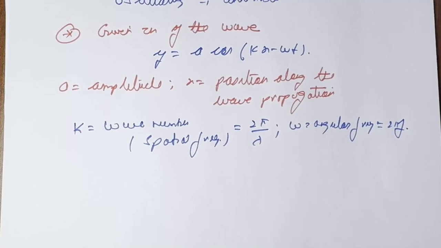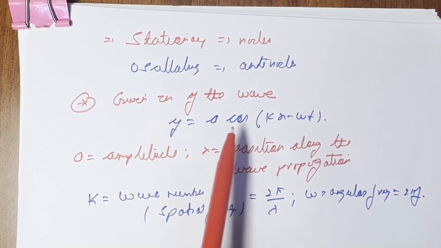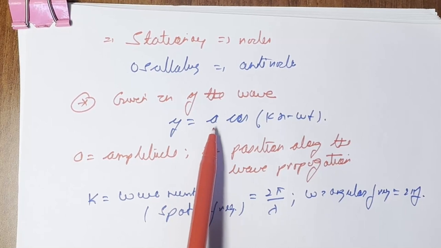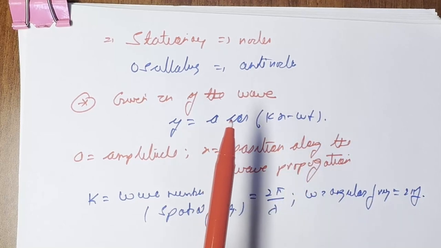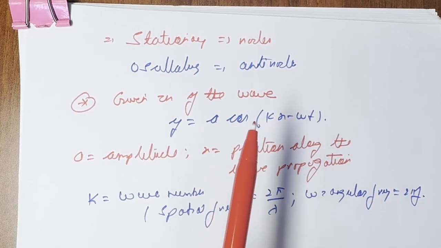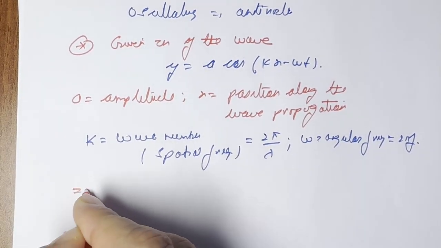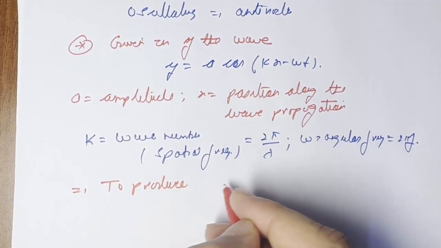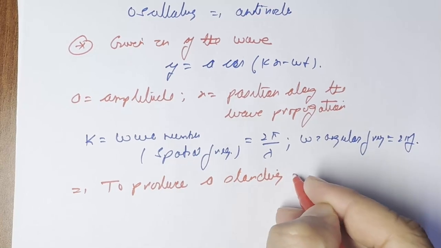So it means for the given wave to produce a standing wave, this wave should be superimposed by another wave that has the same amplitude, the same frequency, and the same wavelength. So we can say to produce a standing wave